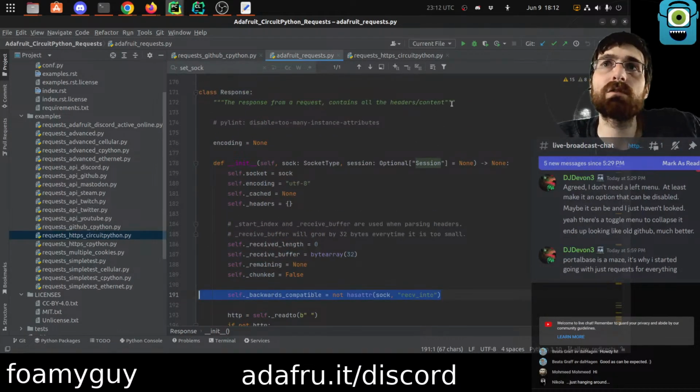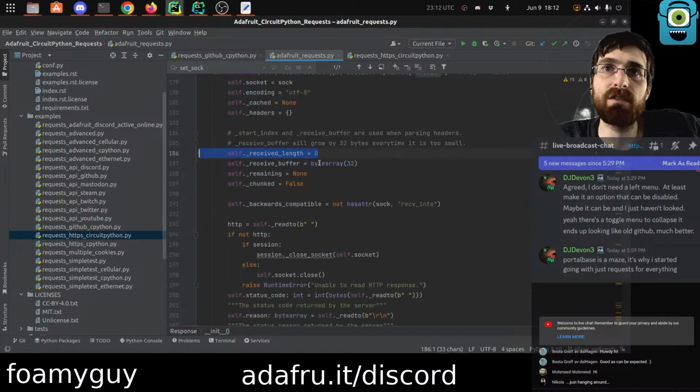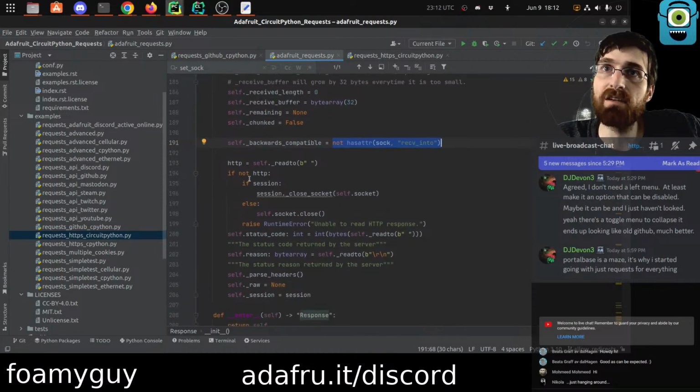The response from a request contains all the headers and content. But I mean, we must be reading inside here somewhere, right? We get the sock, we get the session, socket equals sock, encoding, cached headers. Receive length is 0, receive buffer is 32 bytes, remaining none, chunked false, backwards compatible, not has adder